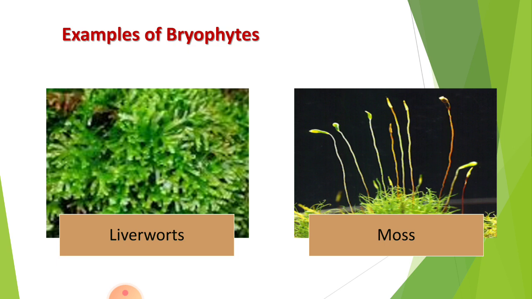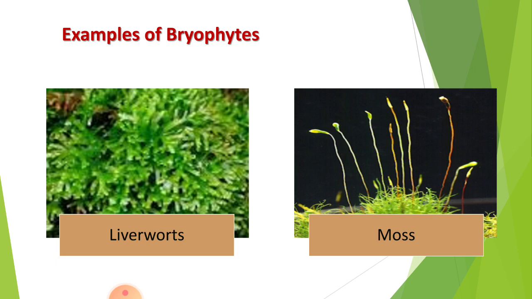So from bryophytes, the plant body is developed, and in primitive groups, that is in algae, fungi, bacteria, and in primitive bryophytes, thallus structure is present. That is, the plant body is simple, unicellular or multicellular, or it may not develop into root, stem and leaf.